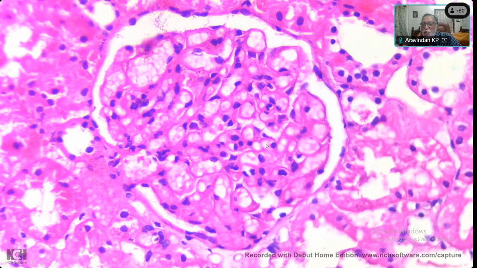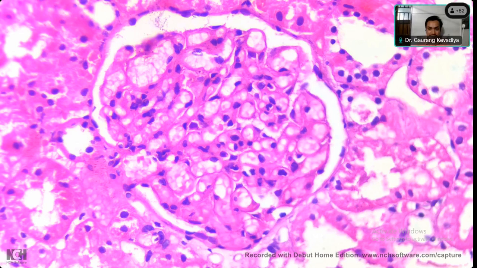In a 5 micron section, above what number of nuclei would you call it really increased? Let's say something like more than 75. Yes. This definitely seems to be below that. Even with smaller numbers, sometimes in the mesangial area, the nuclei can be bunched together just in the mesangium. So even the total may not exceed 75, but you will find bunching of cells, and that is called minimal mesangial proliferation. Here, even that is not present.